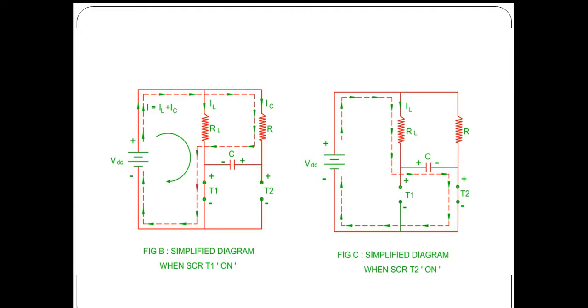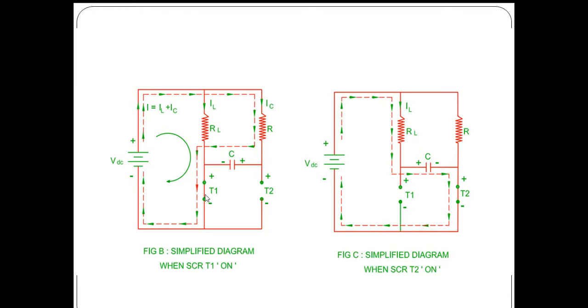Suppose initially SCR1 is turned on. So when SCR1 is turned on, the current will be flowing through the load in this closed path and also another current will be flowing through the capacitor in this closed path. The capacitor will be charged to a voltage up to the supply voltage. Whenever the capacitor is charged, after some time